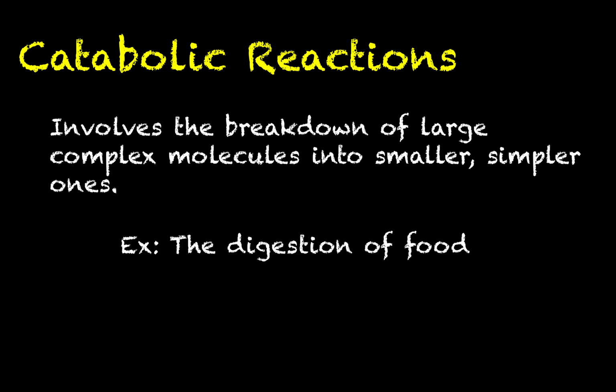A couple of prominent examples of this include the digestion of the food that we eat. The food molecules we eat, lipids, carbohydrates, and proteins, tend to be very large and very complex, so large and so complex that we would not be able to absorb them into our bloodstream across the wall of the intestinal lining until we break them down into something smaller that can actually get through.